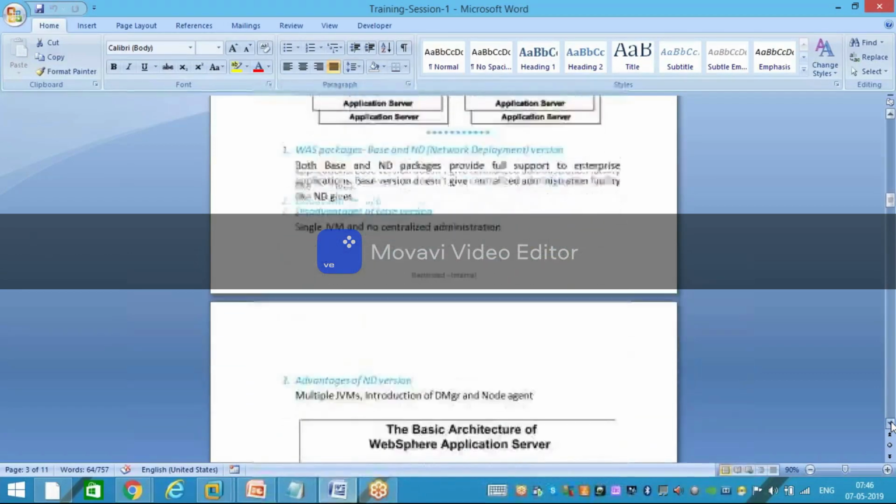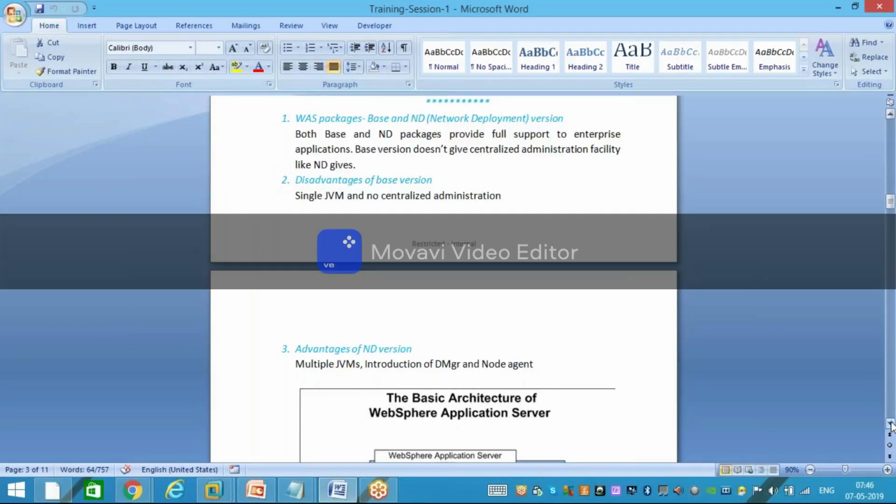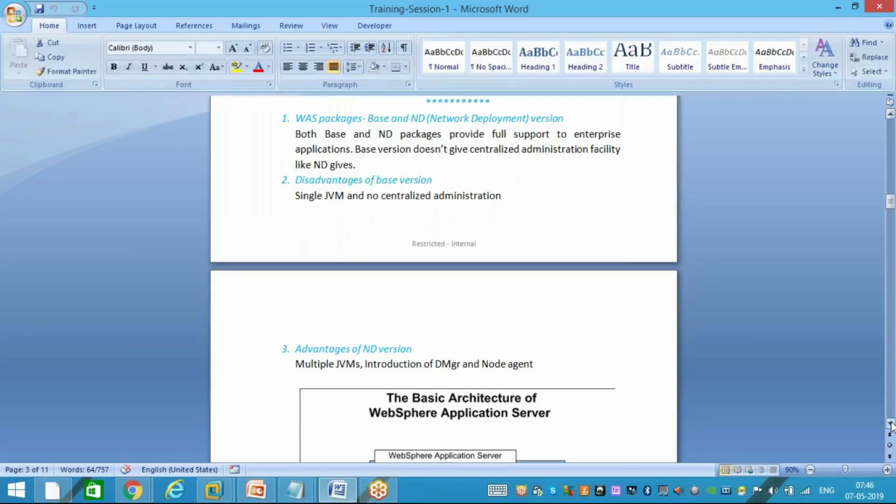So with all these basic terminologies, we know what is server, what is client, and how request will flow, where my web server will sit, where my plugin will sit, where my WAS will sit, what are their basic functionality, and with all those views, we'll go ahead and we'll try to create our setup. So based on this knowledge, what